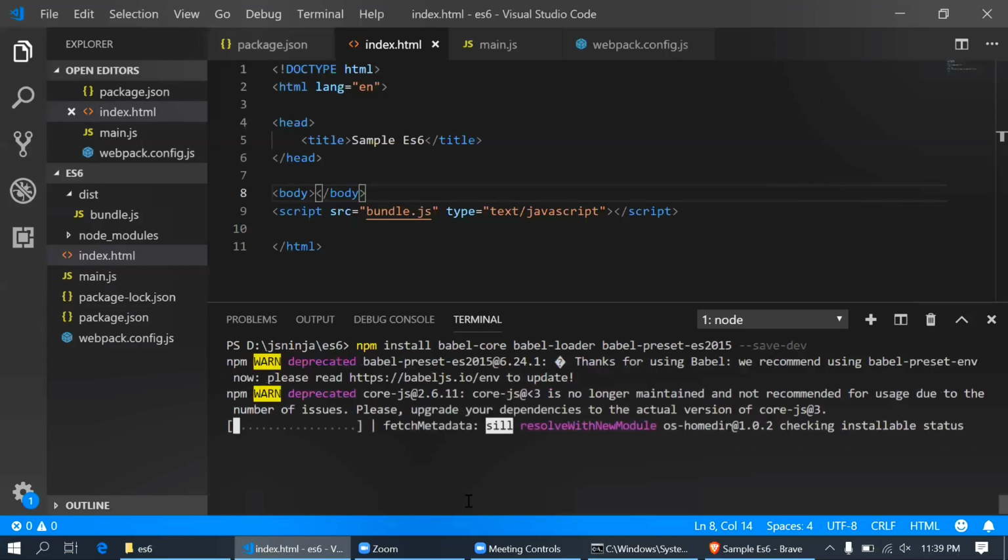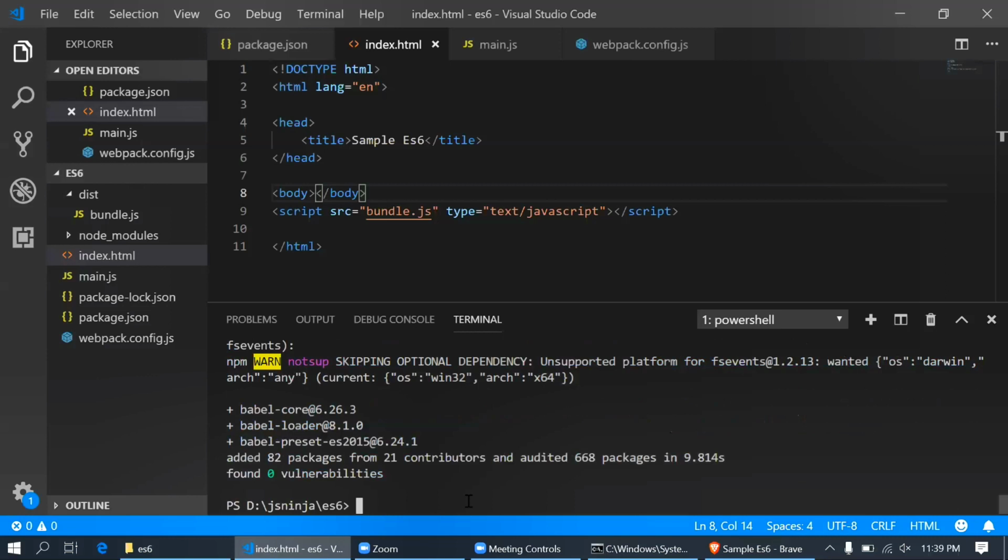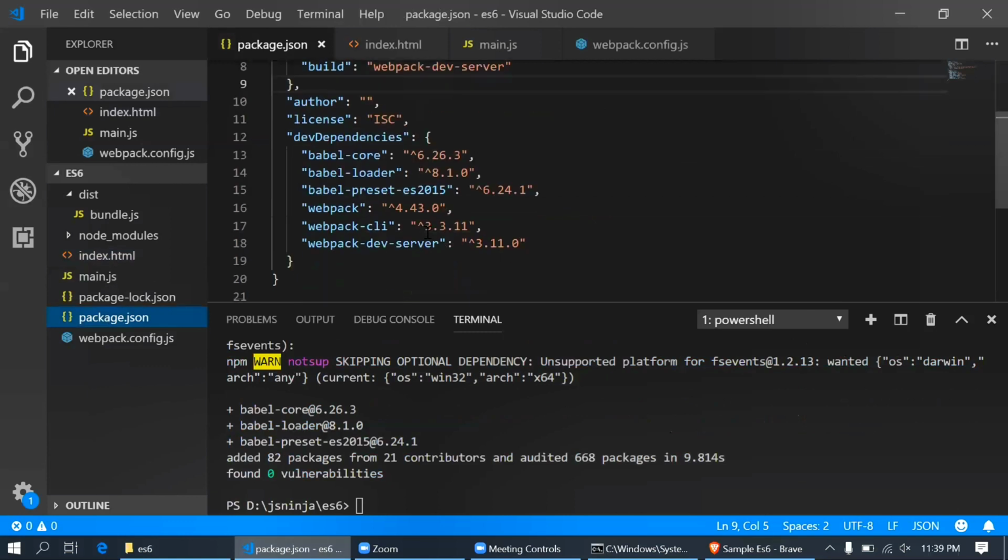That's why. So let it get installed. Yeah, it's installed. In package.json, you can see all the Babel related dev dependencies: babel-core, babel-loader, and babel-preset-es2015.